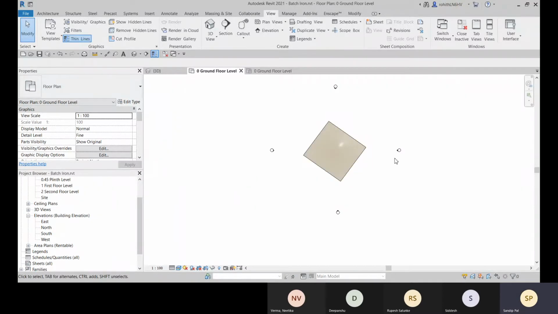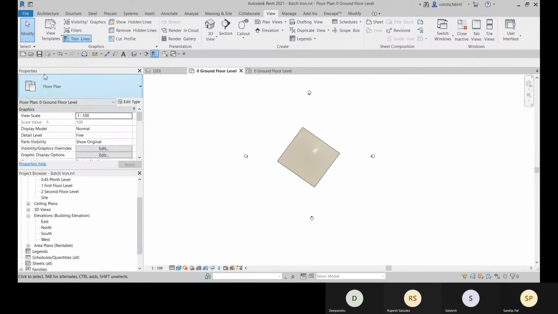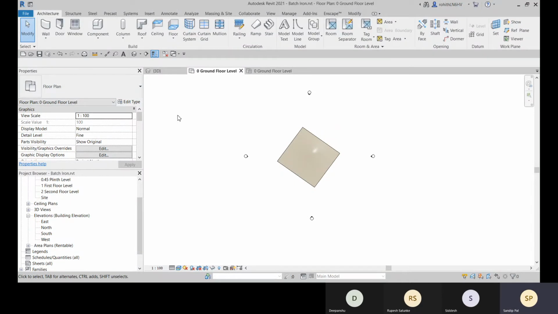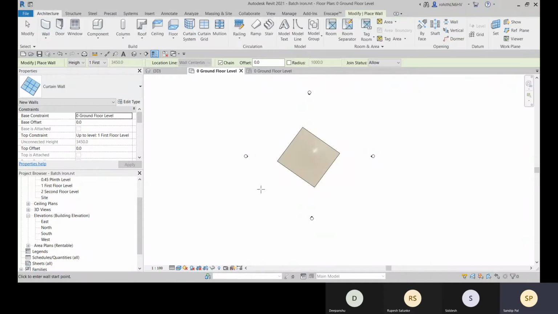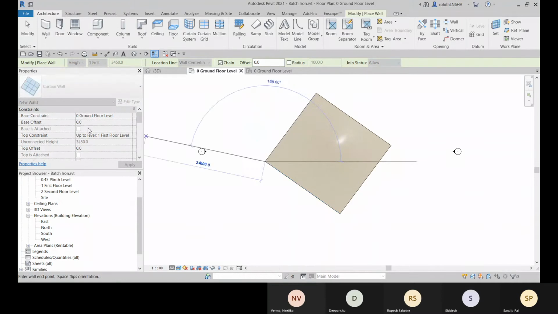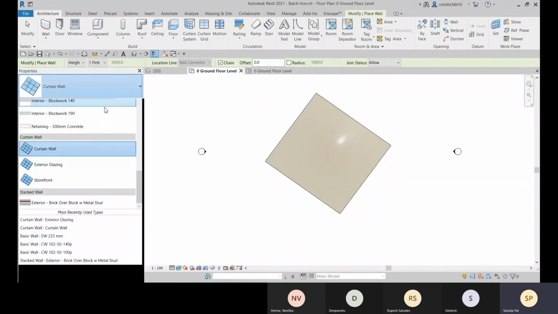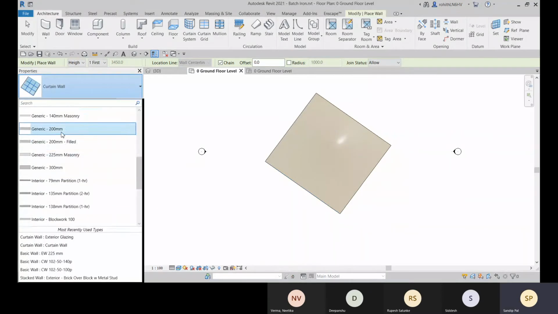Now let me go to the architecture tab here. And here we know how to create the wall, the curtain wall. Now let me show you that if I'm creating any wall, not the curtain wall, let me choose any particular wall.